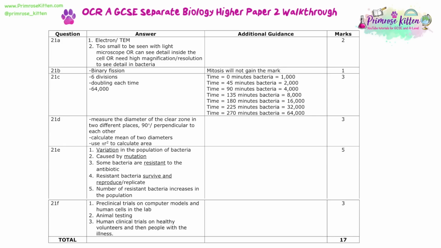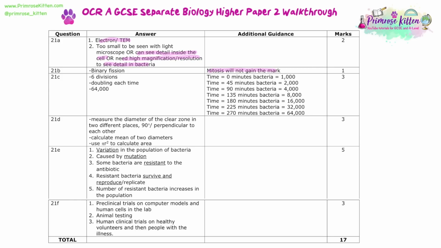Okay, so the mark scheme for question 21, as we said, so electron microscope, or if you were specific and put TEM, so a transmission electron microscope, that would also be correct for the type of microscope for part A. As we said, too small to be seen with a light microscope, or you can see detail inside the cell, or you need high magnification or resolution to see that detail in bacteria that obviously a light microscope doesn't have. You will not get the mark